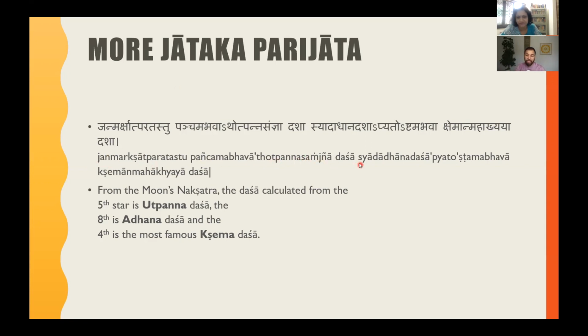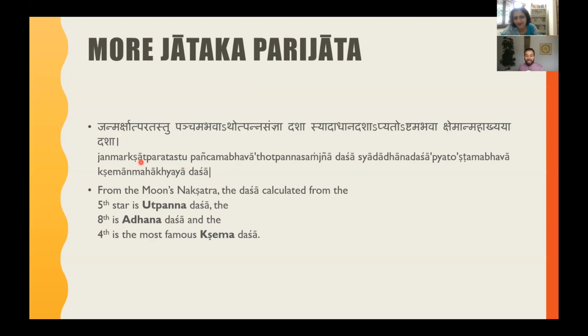So what is he saying? He says Panchama Bhava, the fifth house. But here we have to be careful. What is fifth house here? You'd say the fifth house is so many degrees away, first to fifth, and we have 12 houses. But he's saying from the Janmarksha, which here actually refers to the nakshatra of the moon. So he's not referring to the fifth house. He's referring to the fifth nakshatra, as if we have a 27 house system starting from the moon.